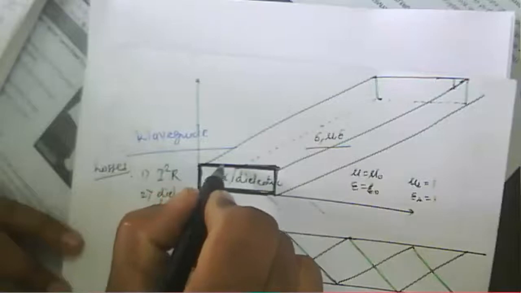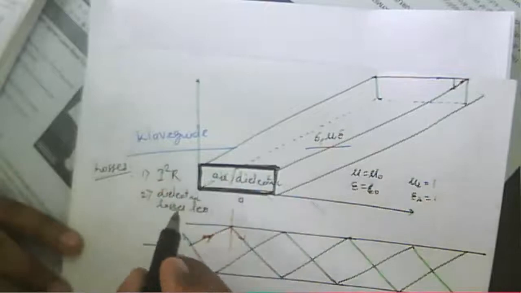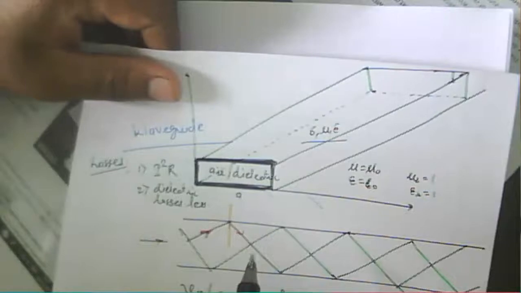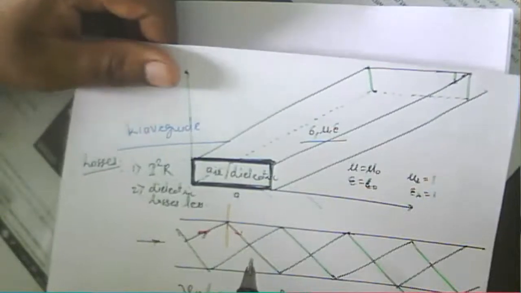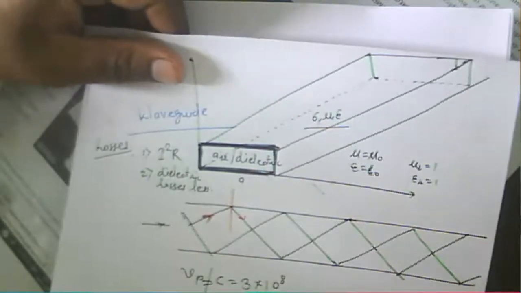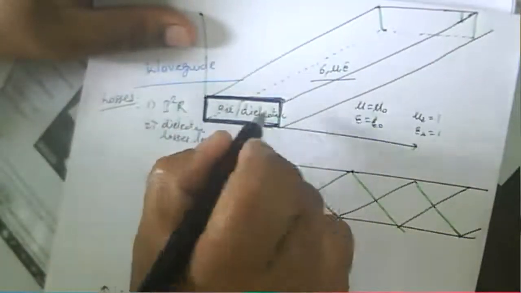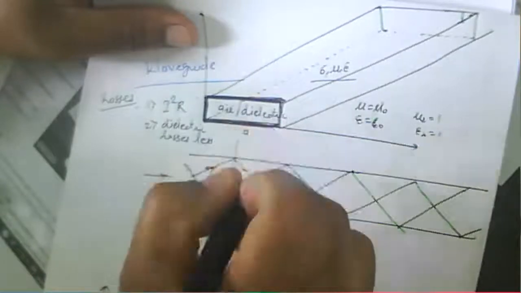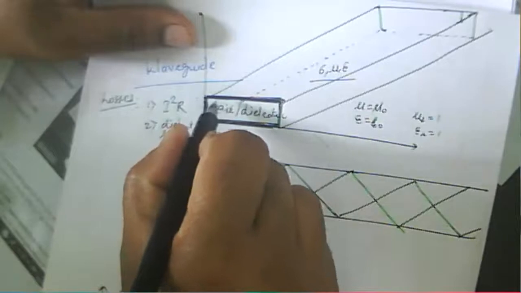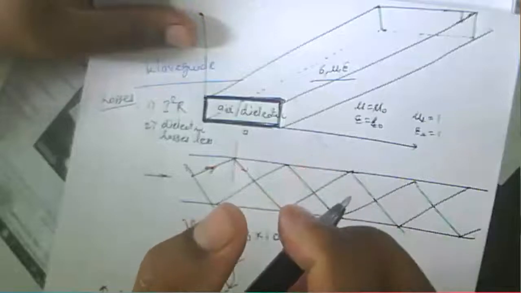And since this waveguide is a hollow one, and it has sides A and B, and the internal walls are conducting ones, because of that hollow metallic rectangular tube, electromagnetic waves are guided through this waveguide. That's why it is called a waveguide. Because electromagnetic waves are propagating through this, they are guided by this waveguide. That's a rectangular shape. Because it is guiding the wave, it has more power handling capability as compared to the transmission line.